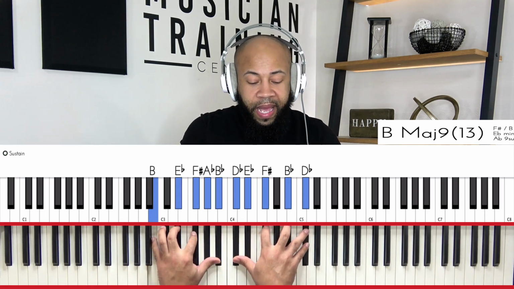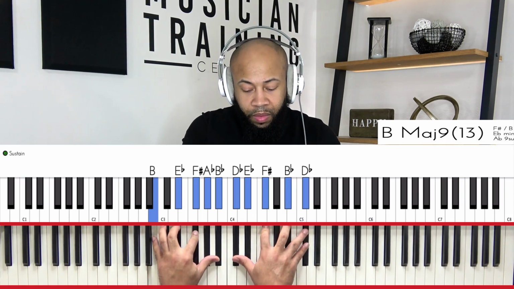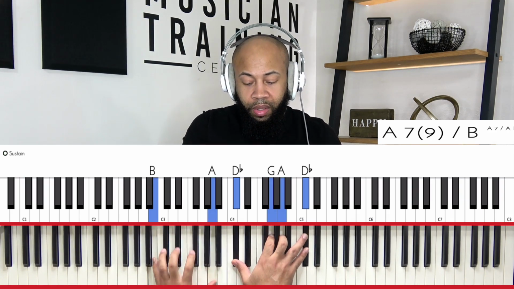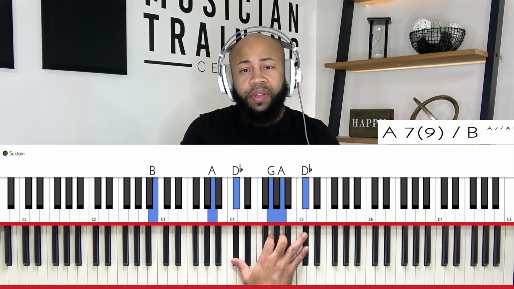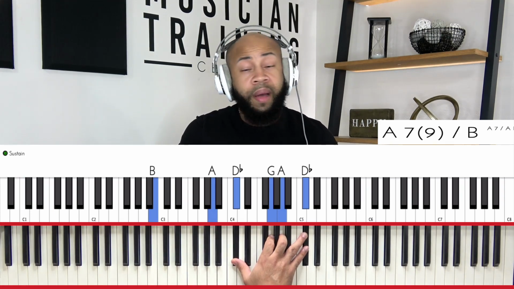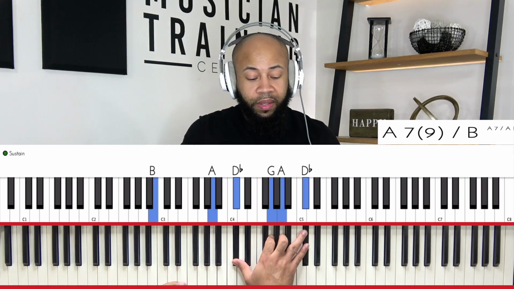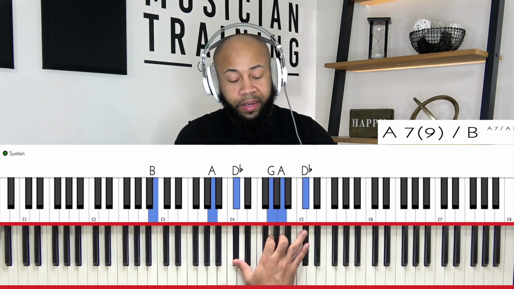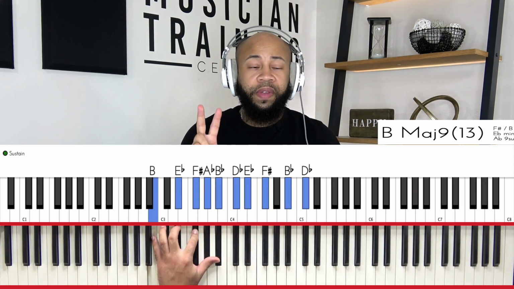Okay, now you might ask, well, why didn't I keep that G flat there? Well, I knew I was going to go a half step down in my right hand. So my left hand, I want to think complement. I want to try to complement my right hand. Not necessarily do everything in my left hand that I'm going to do in my right hand, but I at least want to complement. So I'm thinking with these 2 fingers,